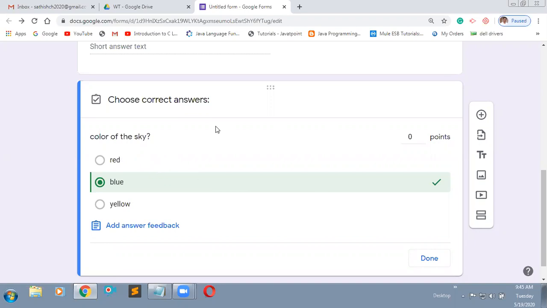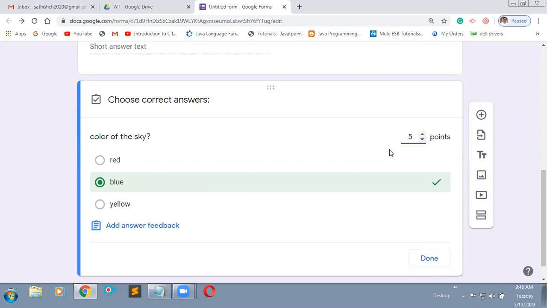For this question, you can give some points. For example, you are going to conduct this quiz for 20 questions. Better to give 5 points. We'll calculate it as 100%. Or else you can give 1 or 2. Here I'm giving this question 5 points.